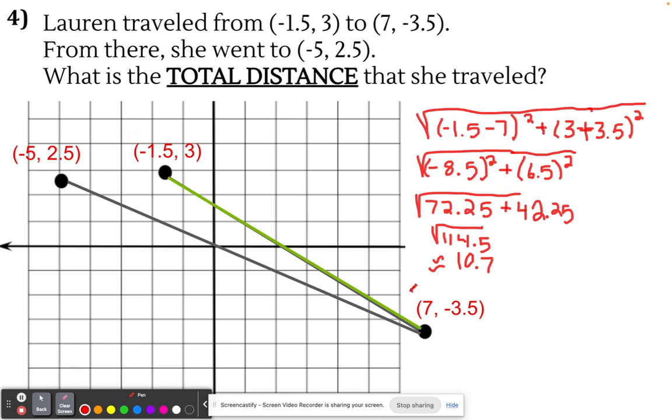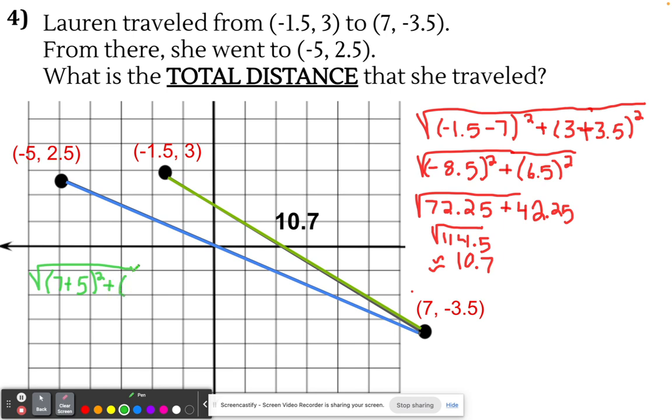So first distance was 10.7. Now let's find the next distance, which is going to be this blue line here. So I'm starting here, going over here. So it's going to be the square root of, I'll say, 7 minus negative 5. I'm going to make that 7 plus 5, because minus a negative, squared, plus,